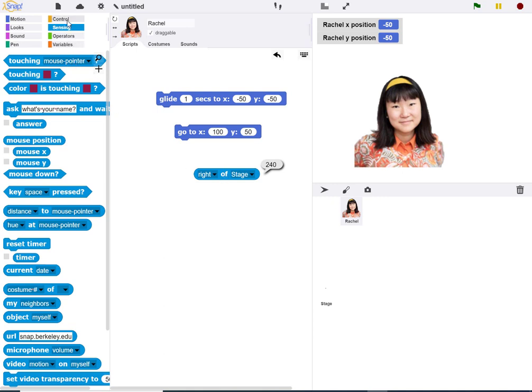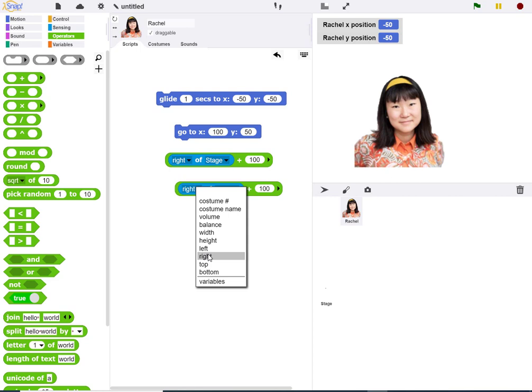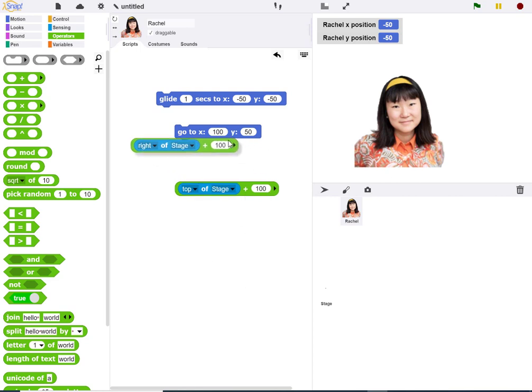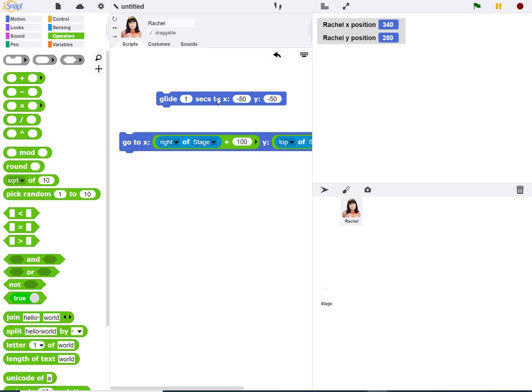So for example, I could go up here and use an operator. This is an arithmetic operator, and I can drag it, which is shown in light green, and so I can send her to the right side of the stage, plus say another 100 steps. And if I duplicate this, I can also, on the vertical axis, send her to the top of the stage, plus another 100 steps. And if I do that, she will go completely off the stage, and then I can have her glide back